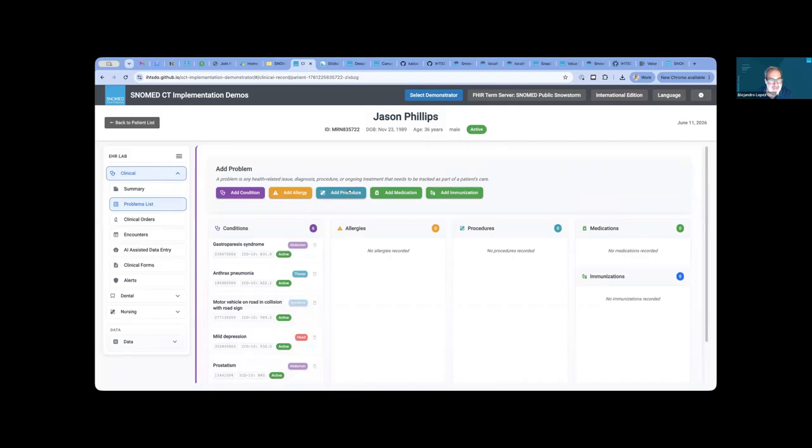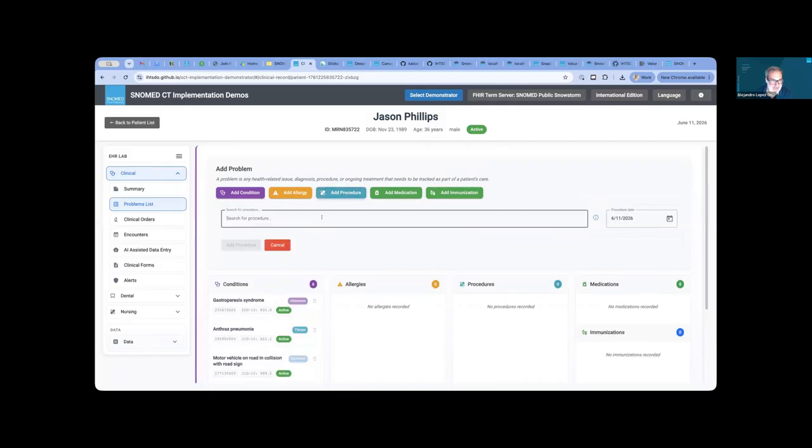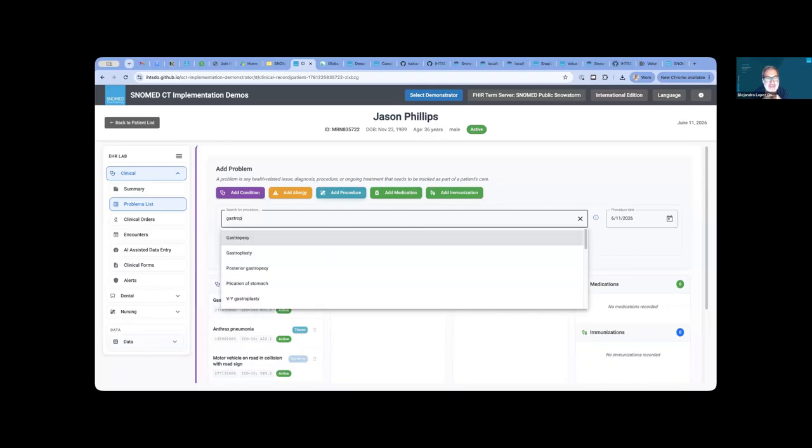And if you want to add a procedure, if I type the same thing, I do gastro in procedures. The terminology server requires some priming. Sometimes when the terminology server has been restarted recently, and you are using it for the first time, and you go into a new restriction, it takes some time.